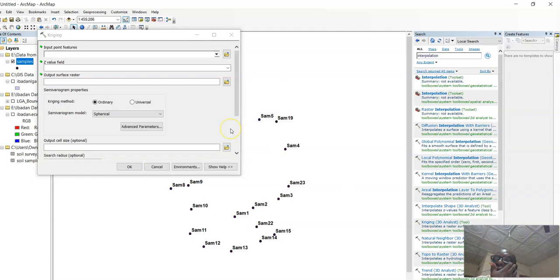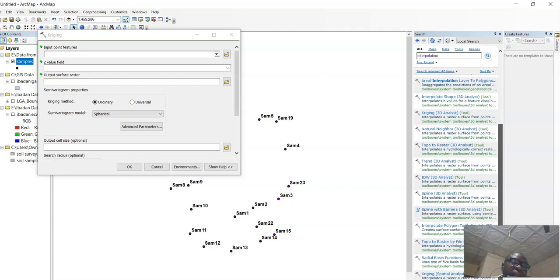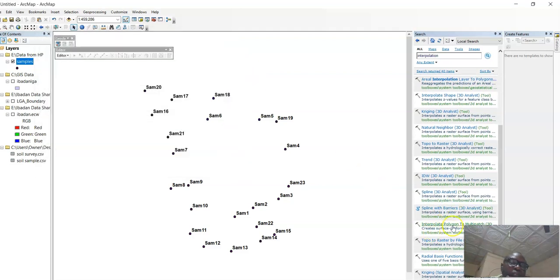So, let's use Kriging for now. We can use Kriging, or you use IDW or the spline. Let's use spline. There are different types you can use, but we are going to use the one with barrier and the one without barrier.